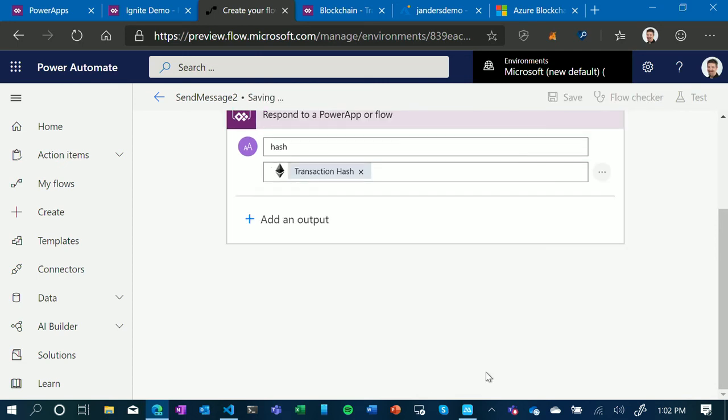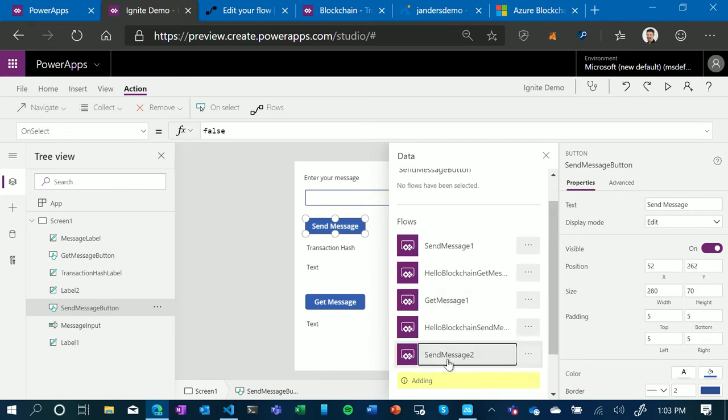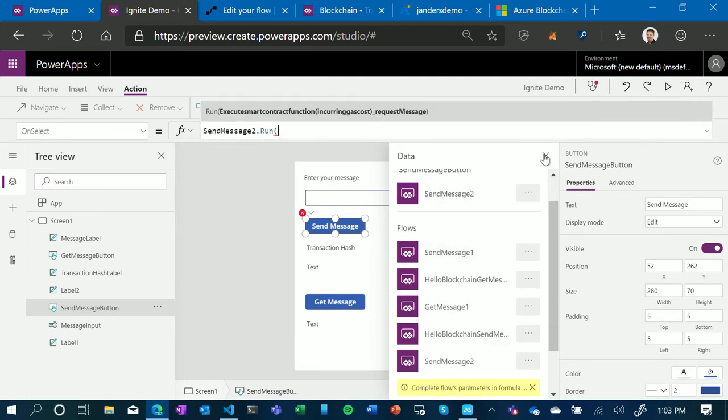Simple. Okay, let's save that. Okay, let's go back to our app. And we should see this populate here in a couple of seconds. There it is, send message 2. I'm going to add that, take a drink because this takes a few seconds. Okay, great, we've added it in there.